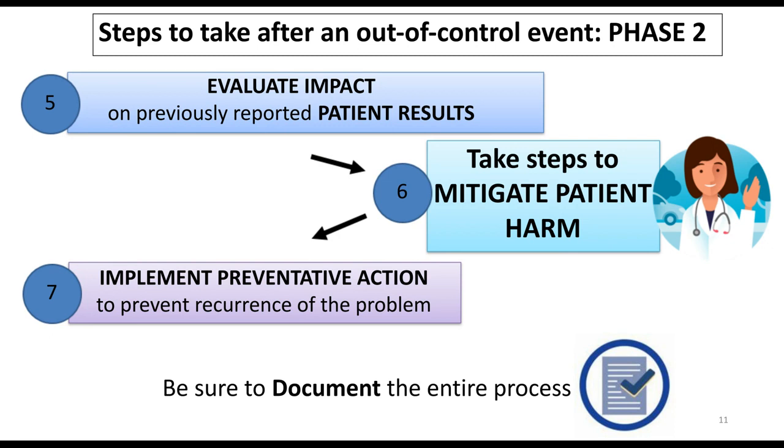The last step of the recovery process is to implement a preventative action plan. Preventative action is not only correcting the problem in the short term, but ensuring that the problem does not reoccur. That could mean replacing parts or scheduling instrument maintenance more frequently, or changing QC rules so they detect the problem earlier. Of course, be sure to document the entire process to the out-of-control event from the point of error detection to the final preventative action plan.